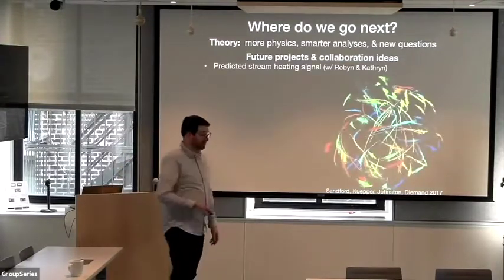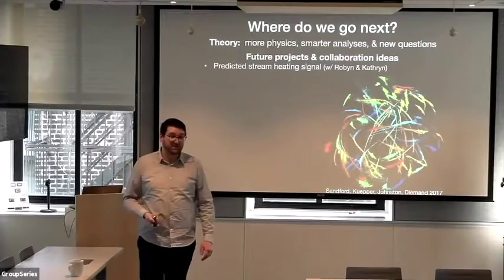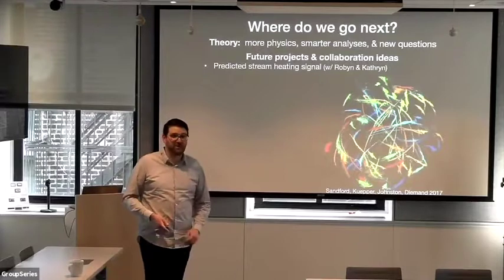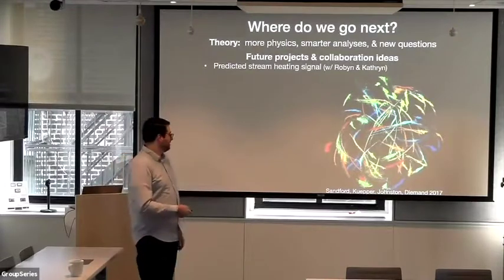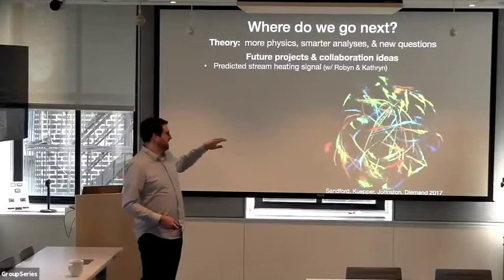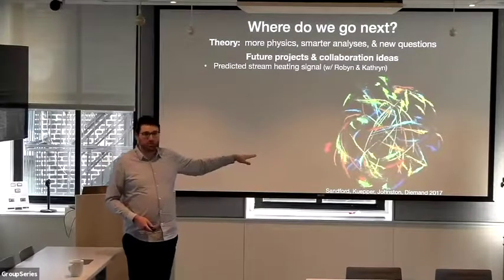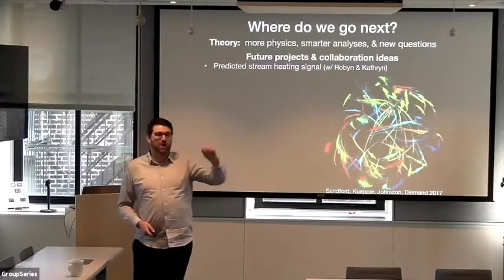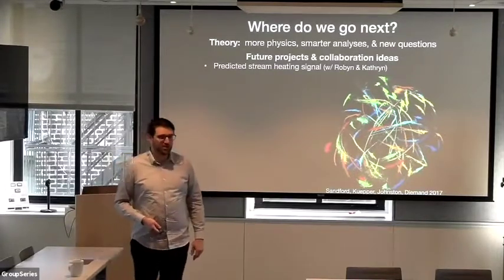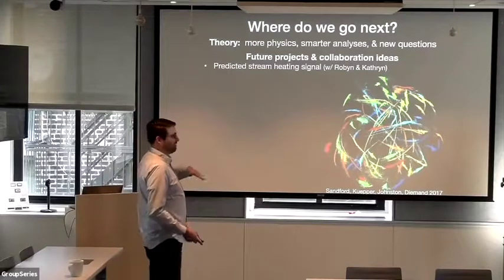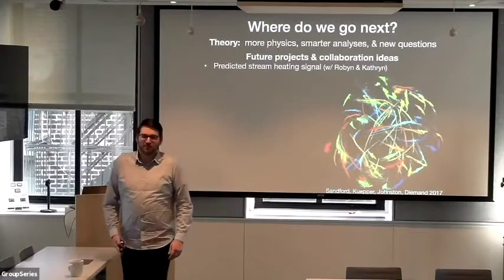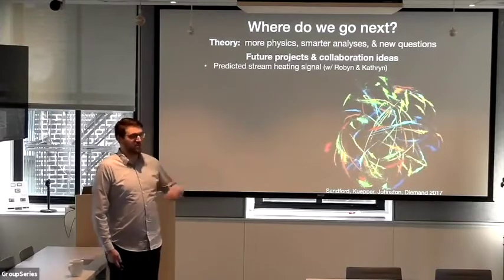I think there's a wide open field in predicting the stream heating signal from the FIRE simulations once you account for this destruction by the disk of the Milky Way. So that might involve doing something like what Catherine's student did in this picture here. They injected globular cluster particles that spawned tracers. Here you're seeing all the tracers of those globular cluster streams. I think maybe putting this together with the disk technique could be really powerful for predicting the signals from stream heating for these cold dark matter